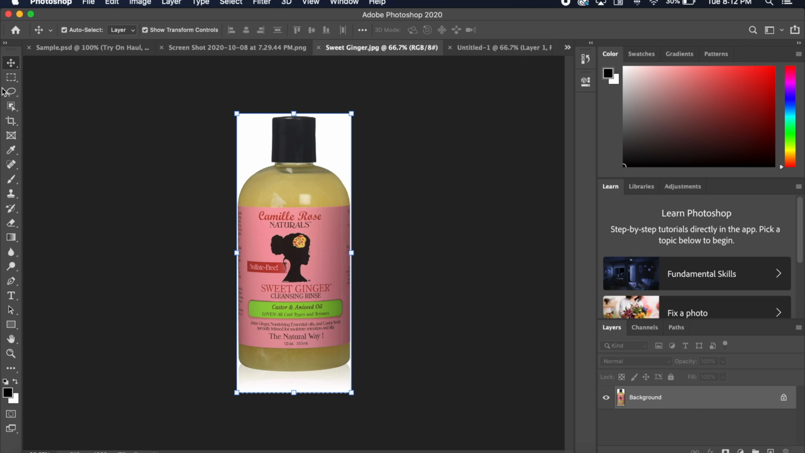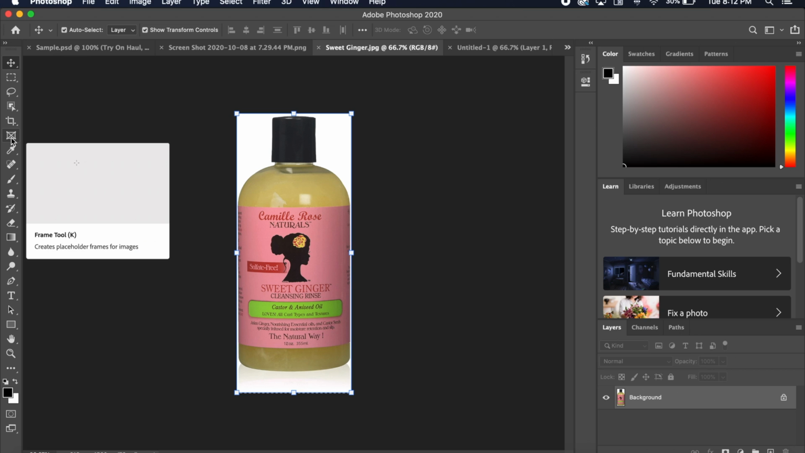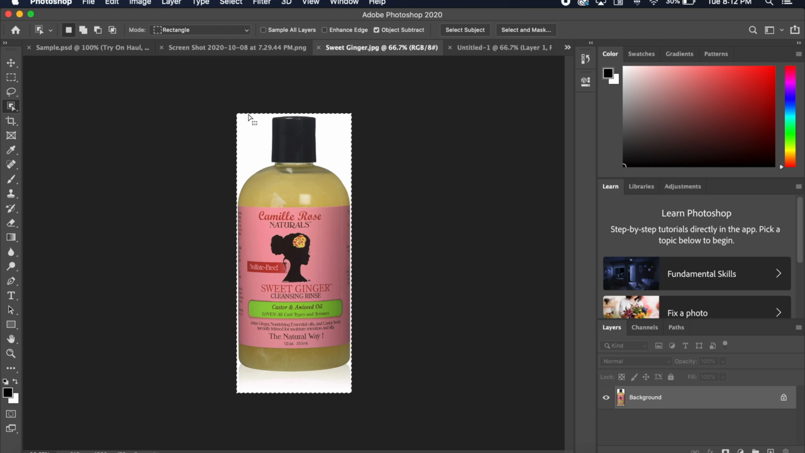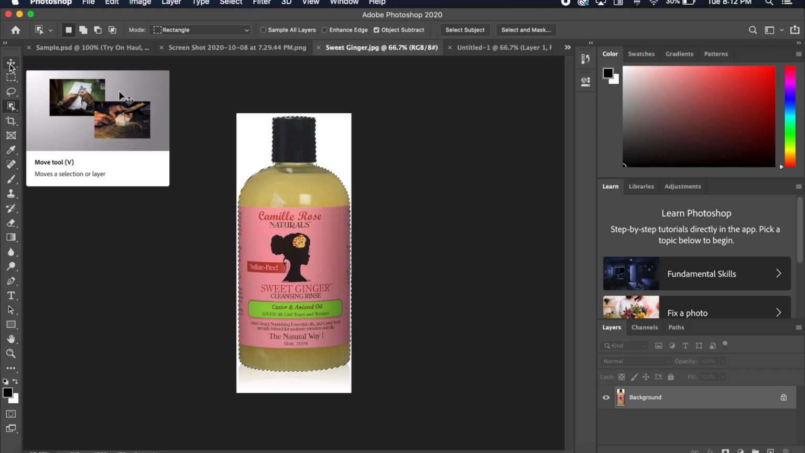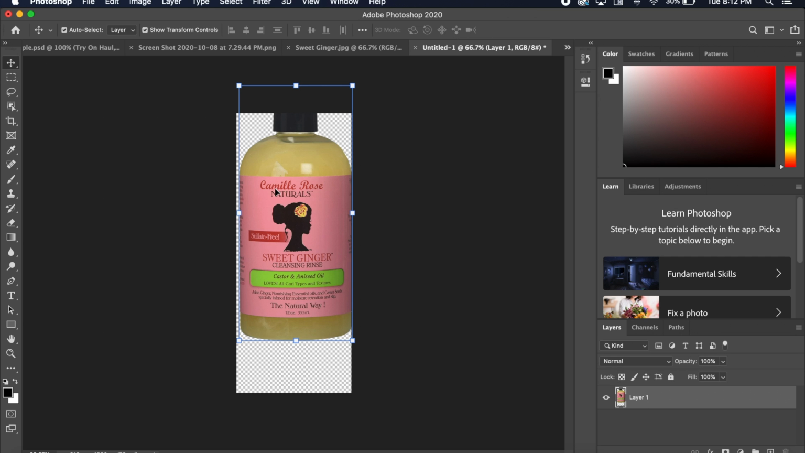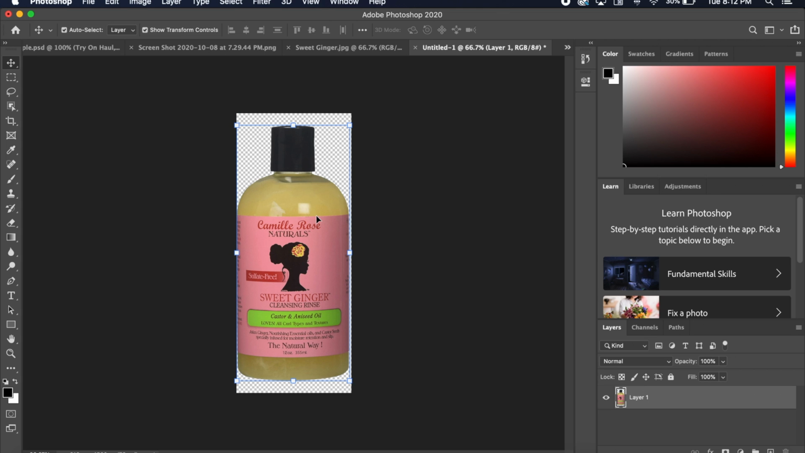So now we're going to go back to Sweet Ginger, and we're going to use our object selection tool, and we have to deselect first. Deselect everything, and then we have to click the object selection tool, and you basically want to cover the whole area, and then it went ahead and detected the bottle of the shampoo. So now we're going to use the move tool and move the bottle of shampoo over to our transparent background, and you see it fit perfectly,